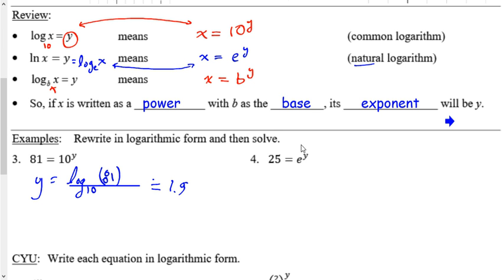I want to rewrite this as a logarithm. Remember, a logarithm is an exponent. So y is equal to the log. The base is e, same as the base in my power, and it operates on that 25. Now, when you're going to put this on your calculator